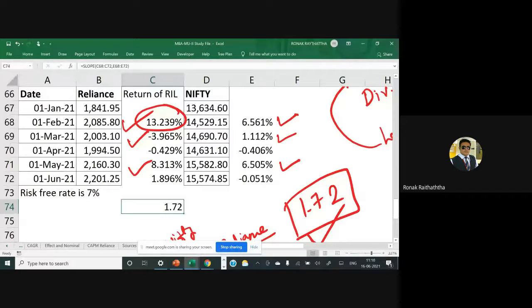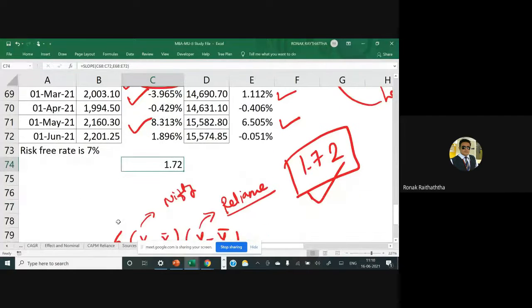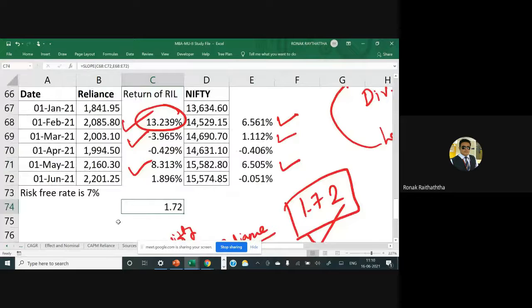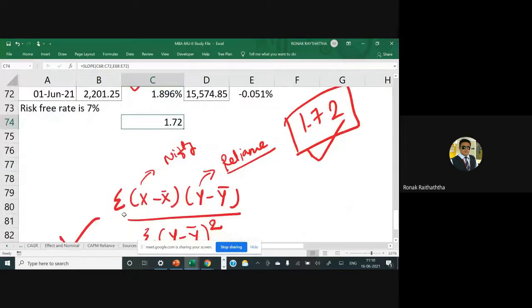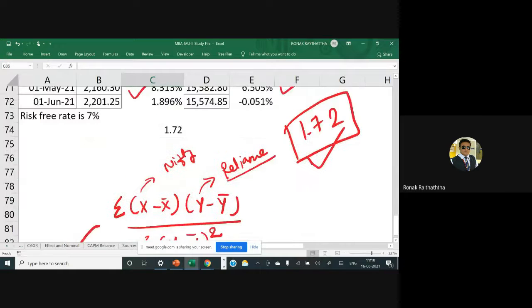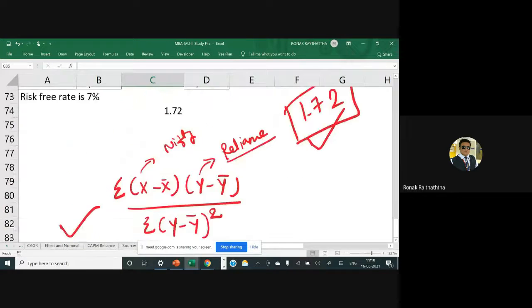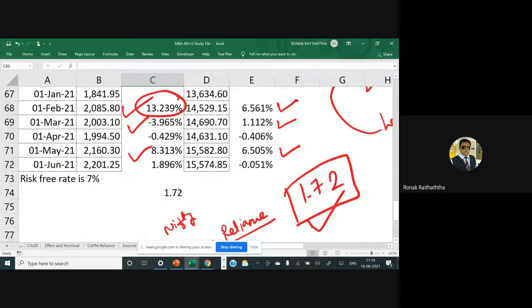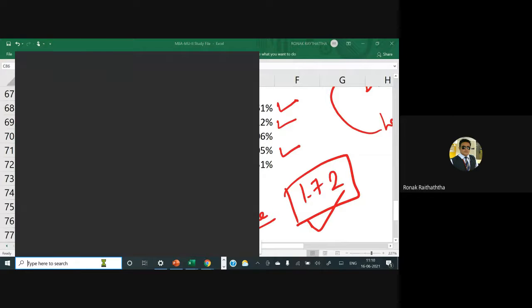In terms of taking the variables. Well, so we have got 1.72 as the beta, and here we have got the monthly return. Please put it in the back of your mind. So whatever the return we get will be monthly in nature. So let's apply the formula. You can also use the Data Analysis ToolPak, and regression analysis can be performed on this. Let me use that too, so people will be crystal clear about it.